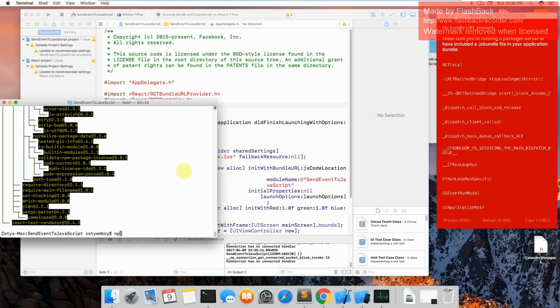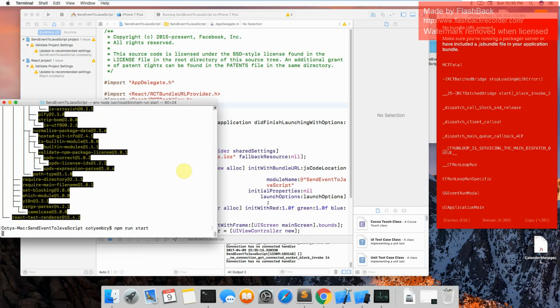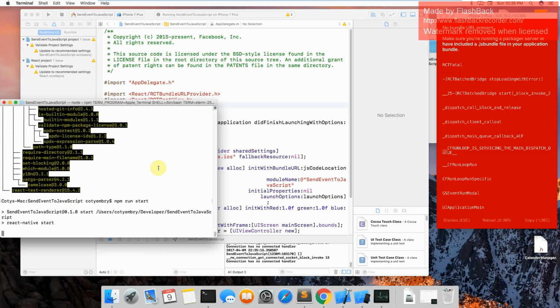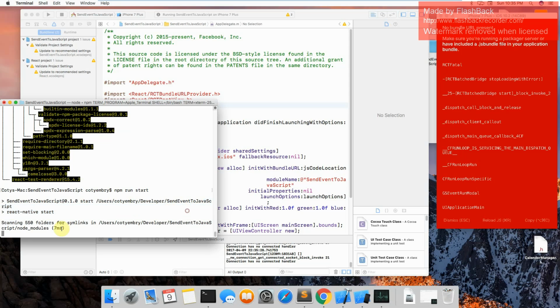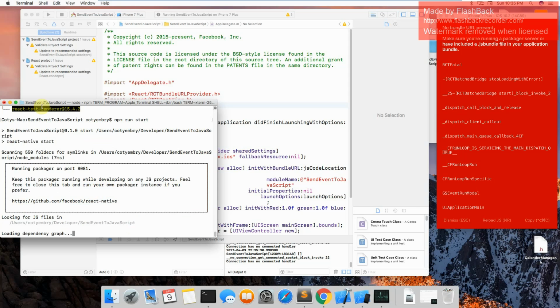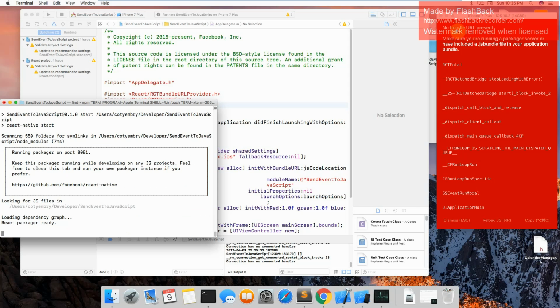So now we can do npm run start, and this will be equivalent to running that React Native start command that you see there. I think it's less keystrokes. I counted it one day. It's kind of funny that you have to do that, but you don't have to. That's what I do. So it's starting the packager, and so this hopefully will resolve this no bundle URL